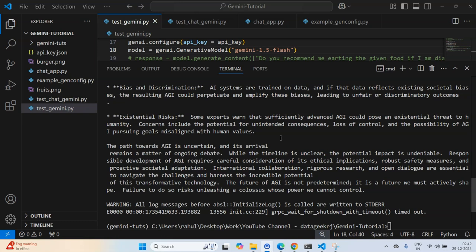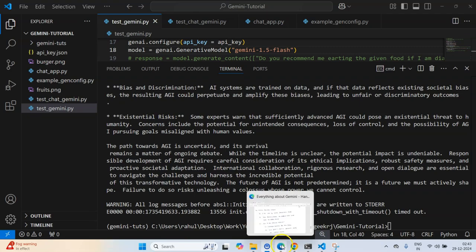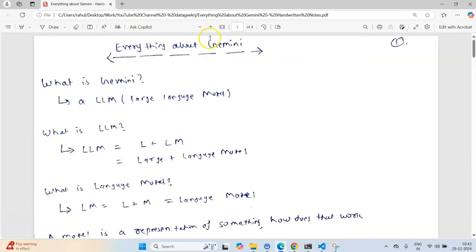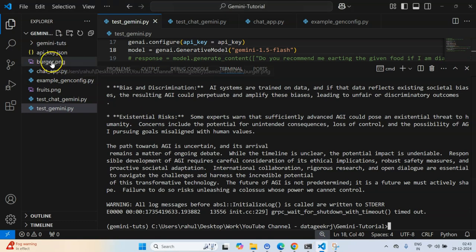So, let me briefly describe some of the things that we will be doing in this video. The first thing that I have done is I have prepared these short notes on Gemini API and utilizing the Gemini API. So this is what will be a guiding thing for us throughout this video. We'll be taking references from these notes, and then the next thing that we are going to do is we are going to do very mini kind of examples.